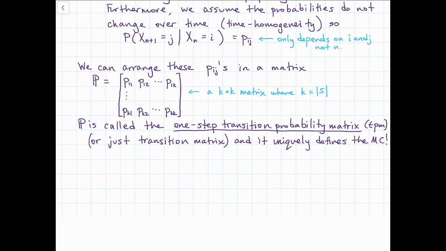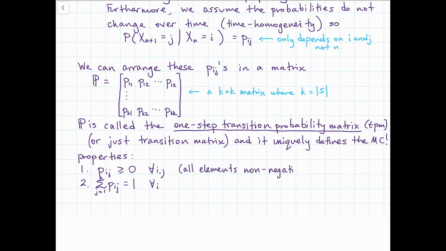There are some neat properties that this matrix is going to have. First of all, all of the elements are going to be non-negative. So Pij is greater than or equal to 0 for all i and j. And secondly, if we sum across the rows, that is going to sum up to 1. So if we take the sum as j goes from 1 up to k, the size of the state space, of Pij, that will equal 1 for each of those rows. So again, informally, we say all the elements are non-negative and the rows will sum to 1. I want you to take a second and think about how you could prove those two properties or why they make logical sense. So think about that for a second before I tell you the answer.